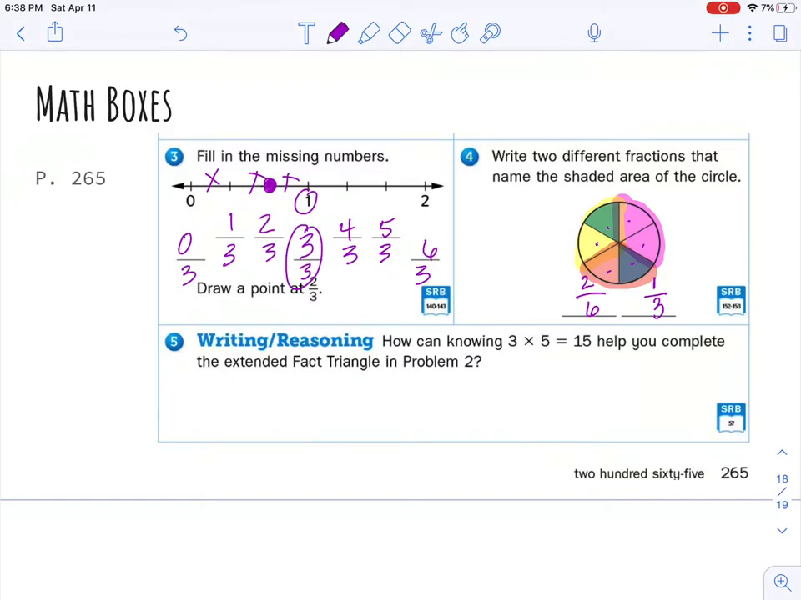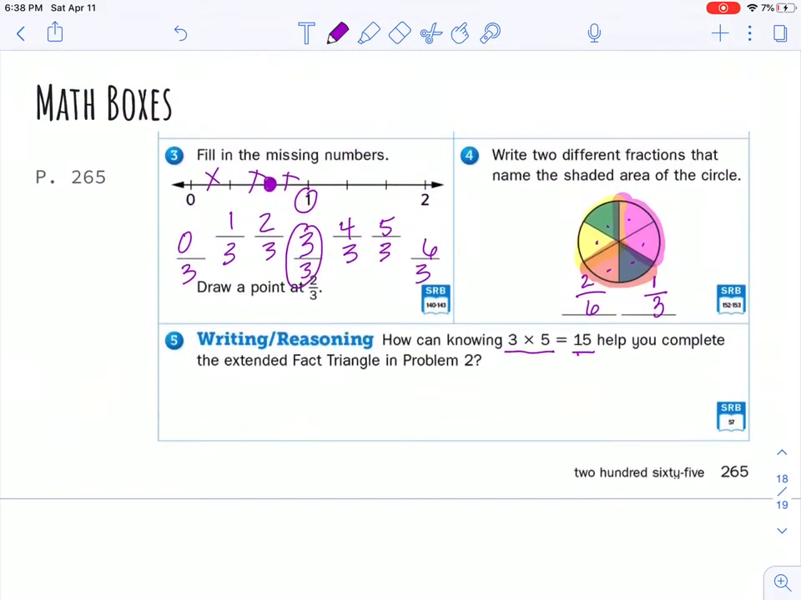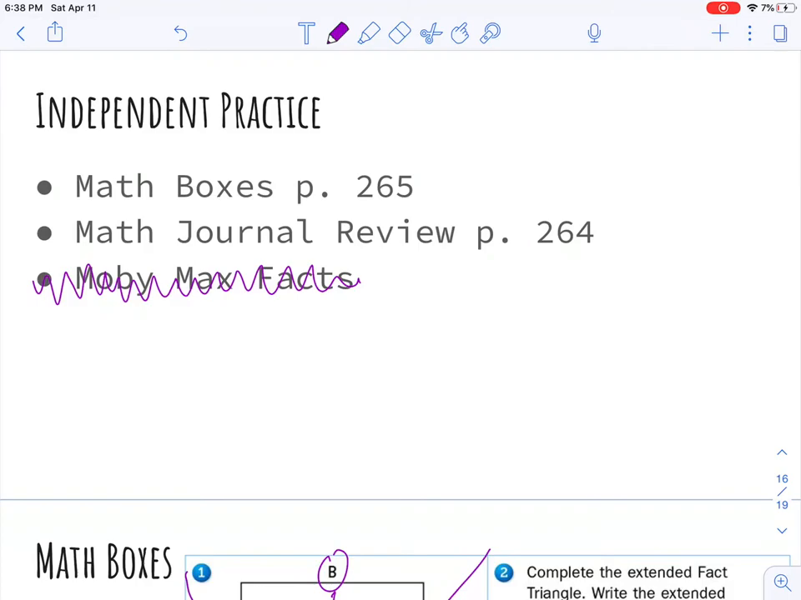All right, number 5, how can knowing 3 times 5 equals 15 help you complete the extended fact triangle in problem 2? All right, so just think about this, we know that 3 times 5 is 15 is the basic fact. If you pull out the basic fact and find the answer, all you have to do is add the zeros, and that's how the basic fact helps you. All right, so make sure that you go back and do Math Journal Review on page 264, and you play a couple rounds of fact